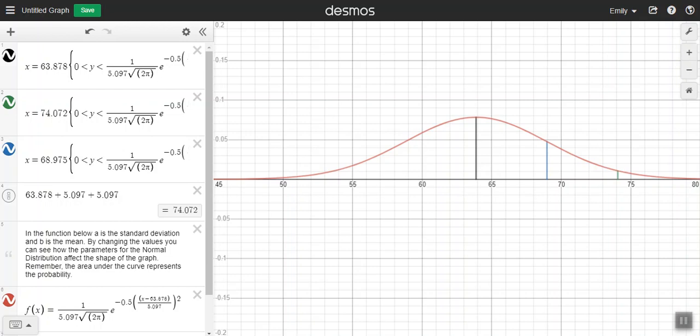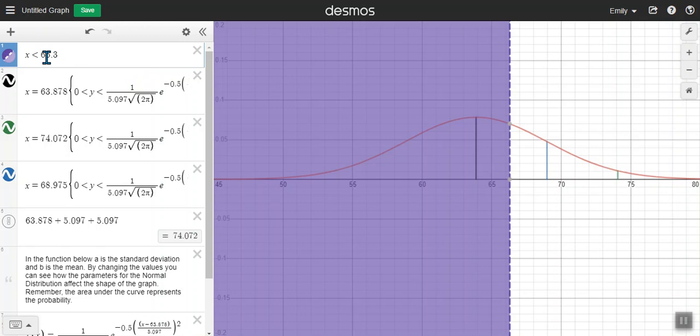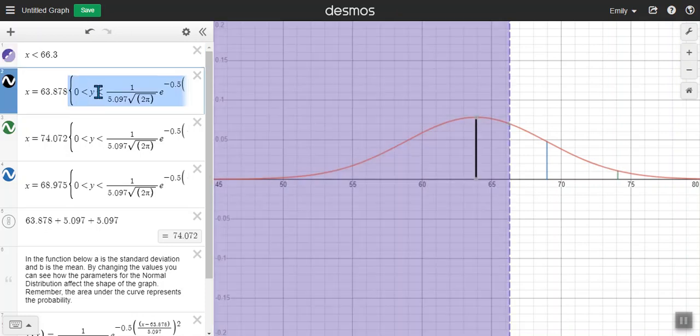So going back to your Desmos, we're going to add a new line, f of x expression. And I'm going to this time do x is less than 66.3. That was Tom Brady's, except less than didn't work for me. Try again. All right, and it shades the whole side of the screen, which is not exactly what we want. We want it only under the curve. So we're going to copy the same restriction here